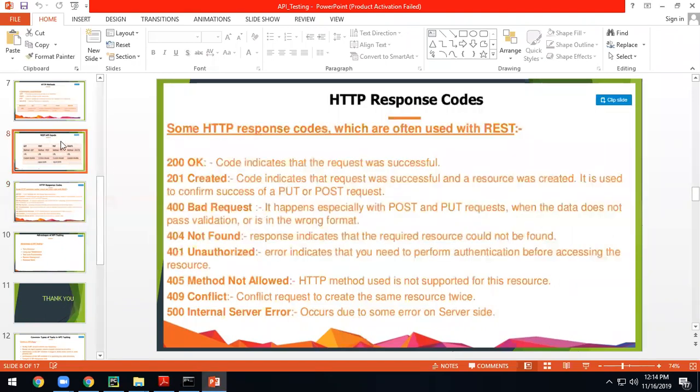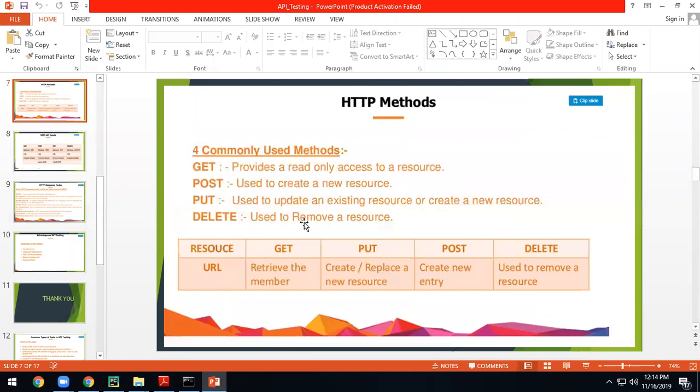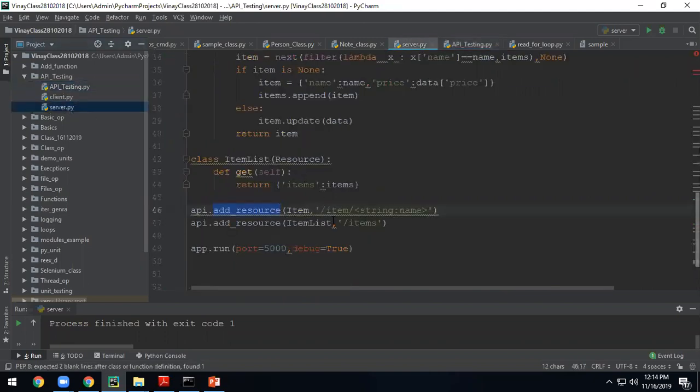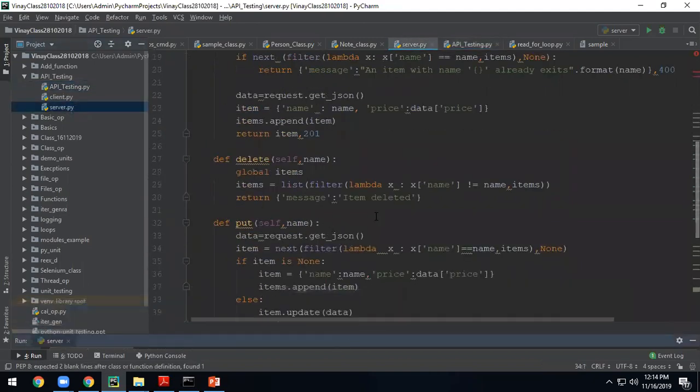Coming back here, you are here only, no? So I'll come here. Any doubt in the server code? What is that server trying to do? It's a web service actually. It has RESTful API support, and I am trying to maintain an online store where, using get, put, delete methods, I am trying to update my database.